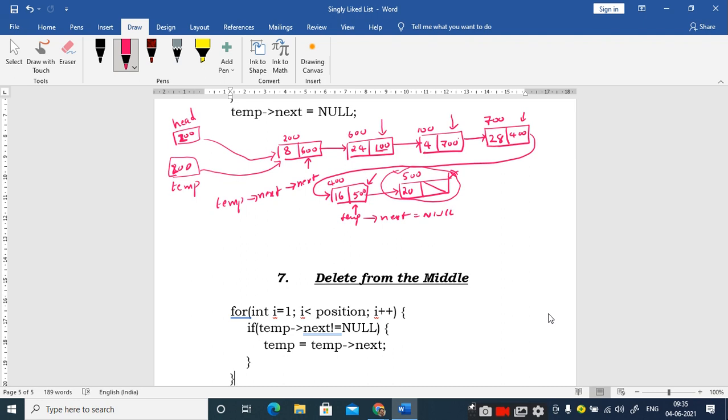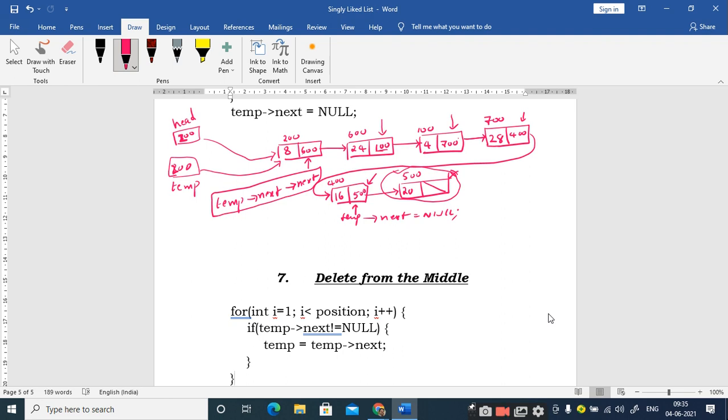But what you have to understand here is, whenever you want to delete the last node, you should have a pointer pointing to its previous node. Why? Because you have to modify the pointer part of the previous node only. So that is the reason why I should have a pointer pointing to the previous node. So how am I going to make my pointer point to the previous node? I should go and check the address part of the next node. So that is how we are making use of this particular syntax, which is temp next.